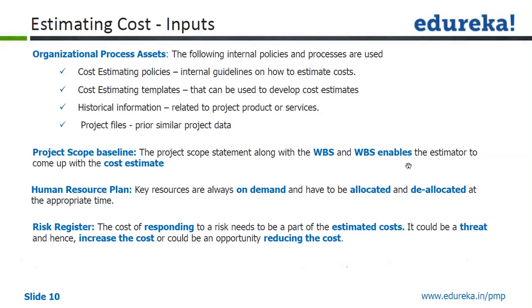Together, these help us in estimating the cost for the activity. The WBS dictionary will have the work packages also, and all the components will be there. You'll go to the work packages, and in the work packages, you will go to the activities. In the activities, you'll start estimating the cost, right?